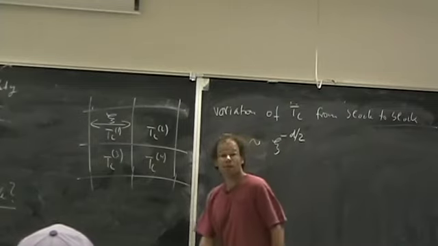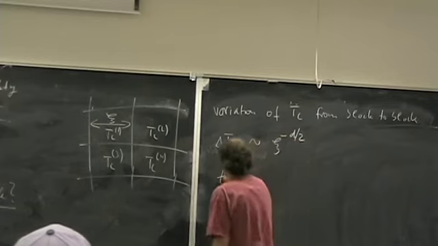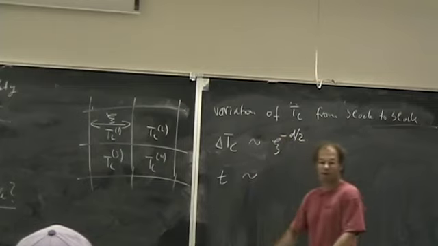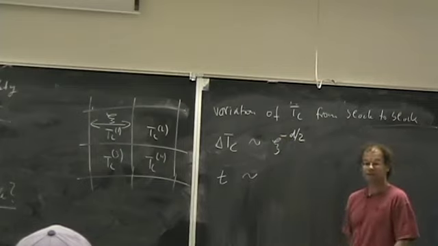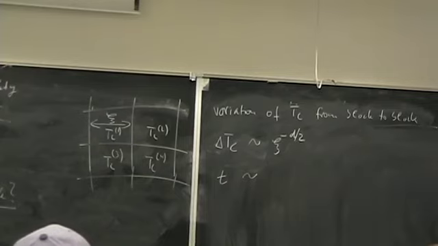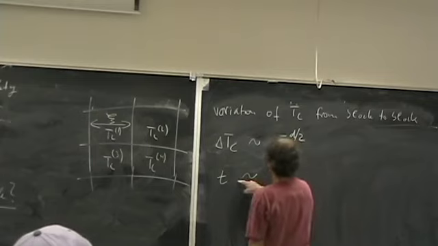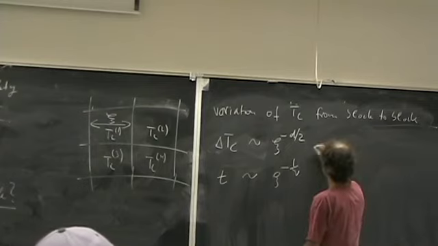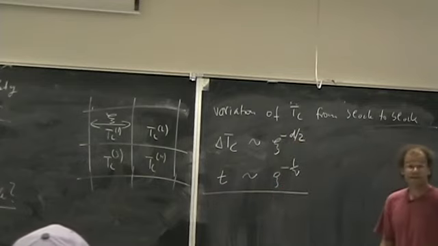But what we need to do is compare this with the overall distance from the critical point, right? And so what's the relation between the overall distance from criticality and the correlation length? 1 over mu. Right? Remember, this is simply the definition of mu, right? We wrote down yesterday that psi goes like t to the minus mu, right? And now I just rewrite this. So t is proportional to psi to the minus 1 over mu, right? And so now Harris' idea was to say that the clean critical point is stable